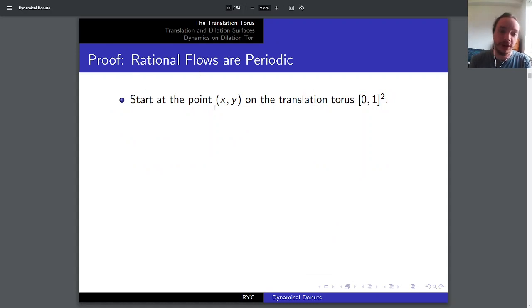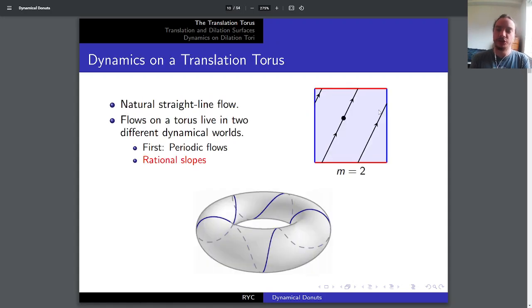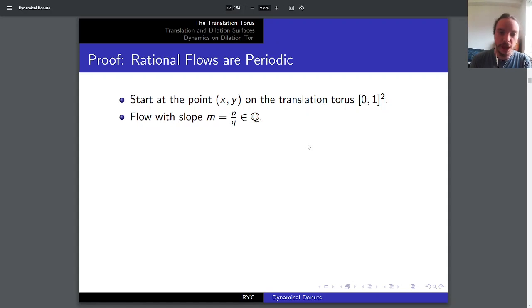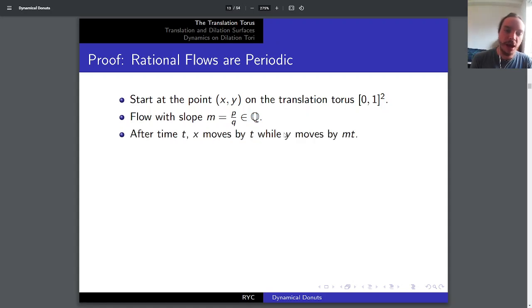So we'll start at some point x, y, and we're going to represent that point on the translation torus as a point in the unit square. So, you can imagine your point x, y as having an x coordinate and a y coordinate, and both those numbers are between 0 and 1. Okay? And we're going to flow with a slope m, which is equal to p over q, where p and q are integers. So m is going to be a rational number,